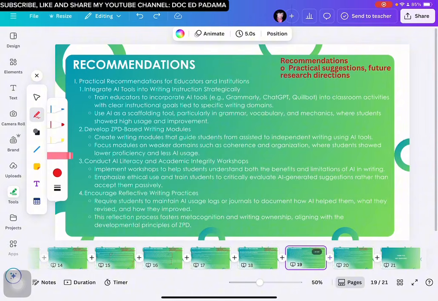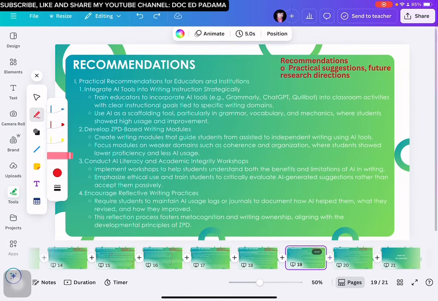So this particular part should include 2 elements, which is the point person, organization, or institution that will implement the recommendation or the action. And then the second part will be the specific action that would be implemented if there is an action or program or framework that is to be implemented. So again, these are the two components under recommendations. These recommendations should be based on the findings of your study.